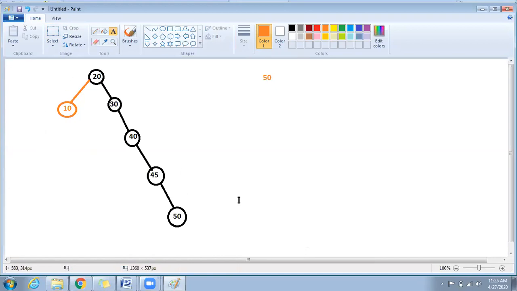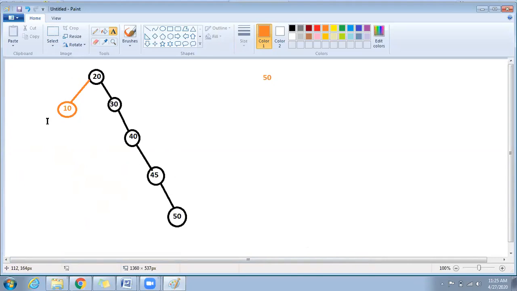So in this type of tree, where of course it is a binary tree, of course it is a binary search tree, but where one side keeps on increasing, where the height of one side is much bigger than the other side, at that time the binary search tree won't be efficient. At that time it is not very efficient to do the searching.